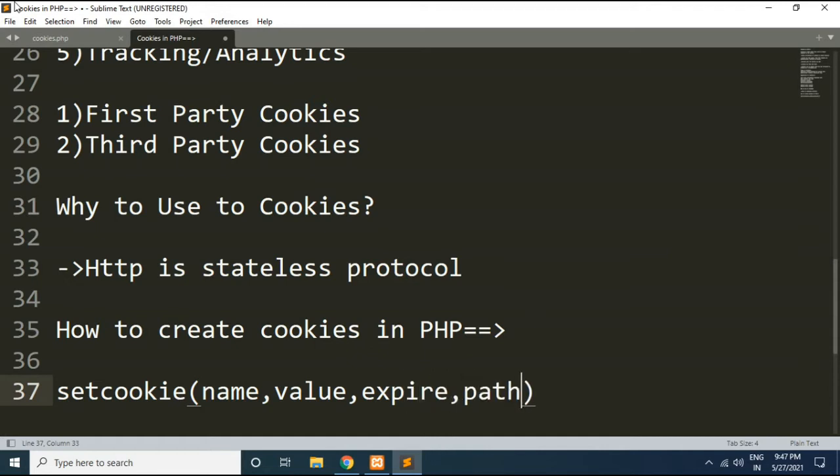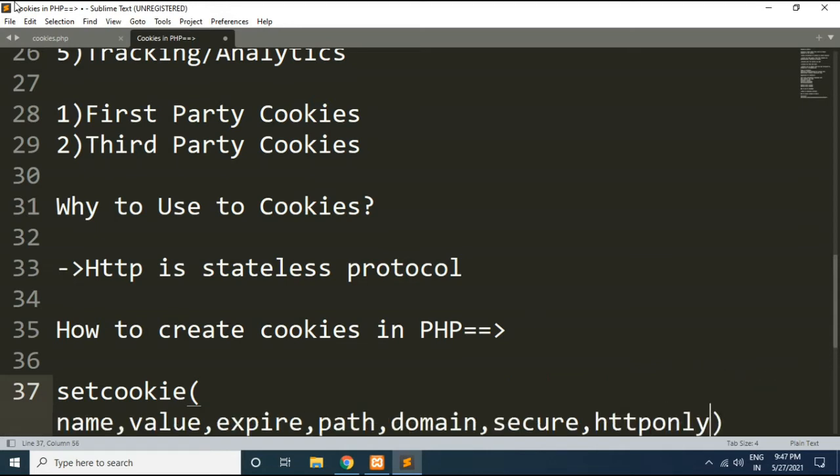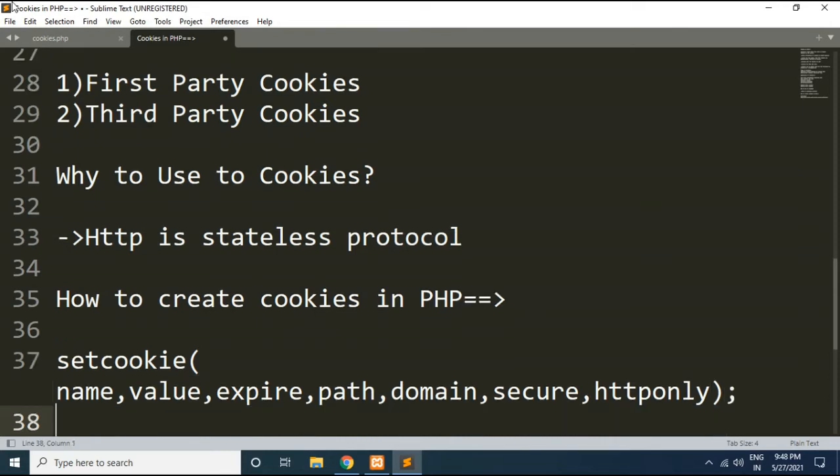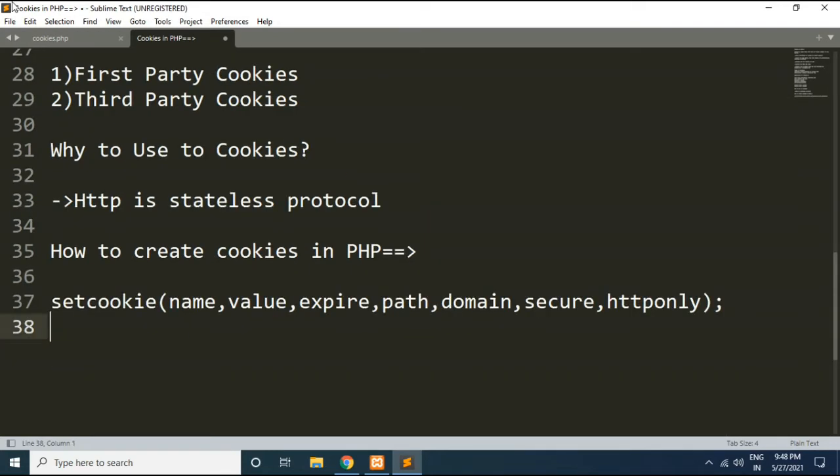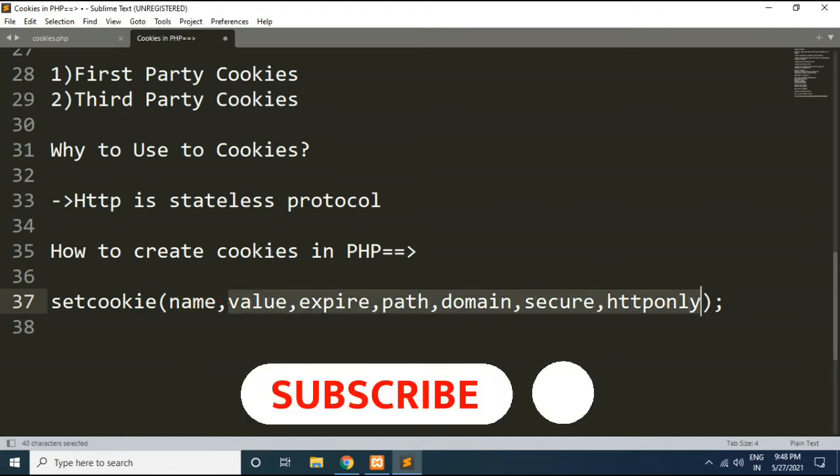Fourth parameter, path. Next parameter, domain. Then secure and HTTP only. These are the several parameters that are required for creating a cookie. Here only the first parameter is mandatory and all remaining parameters are optional.